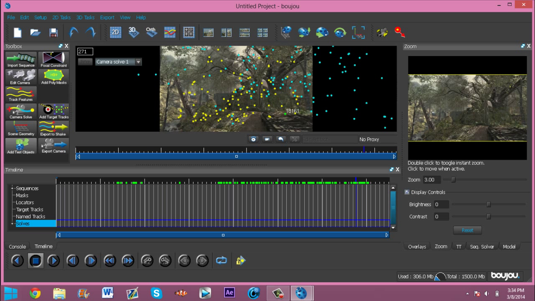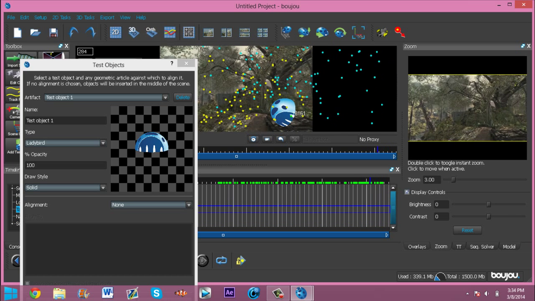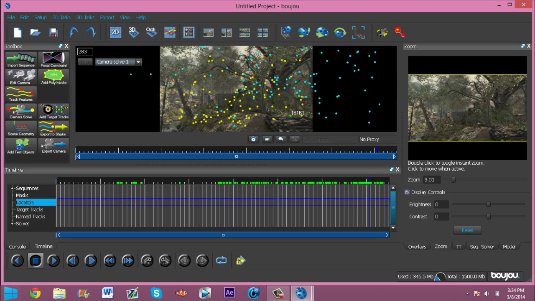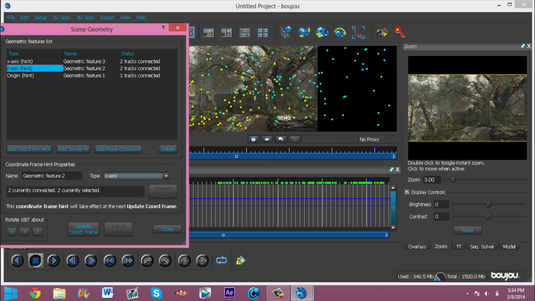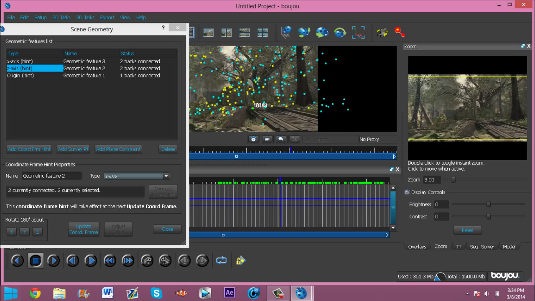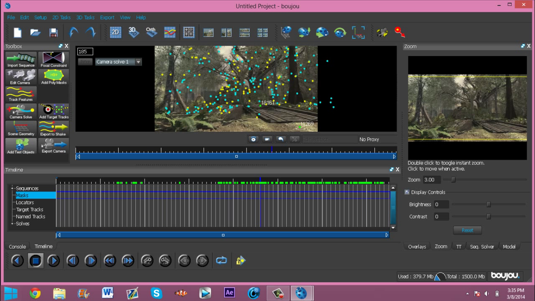To check, you can add a test object, and as you can see, I did make a mistake, and it is kind of up and down, but to fix that, you just go back to the scene geometry and find the one where it's kind of messed up. I have a feeling that it is in the z-axis. So I'm going to go back onto here, and I saw a couple points back here. So maybe this point and this point. Connect to selected, update your coordinate frame,